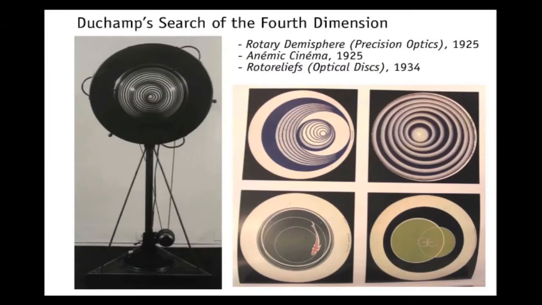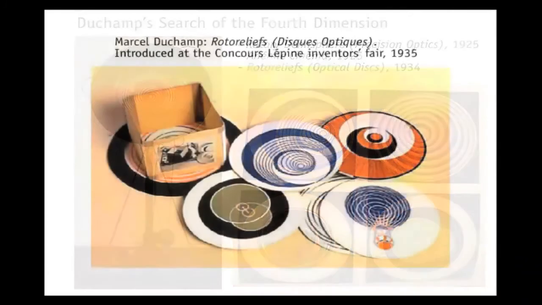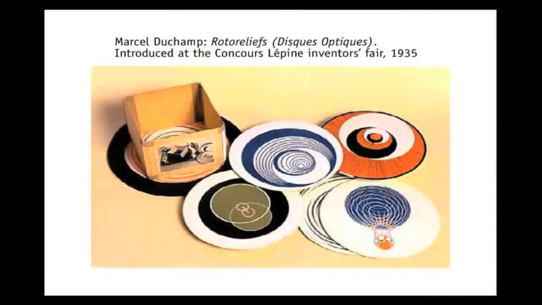This is of course his famous involvement with rotary discs in motion, like Rotary Demisphere, his film Anemic Cinema, and his set of Rotoreliefs, discs that he wanted to sell for the home, and that would have been played with a normal gramophone